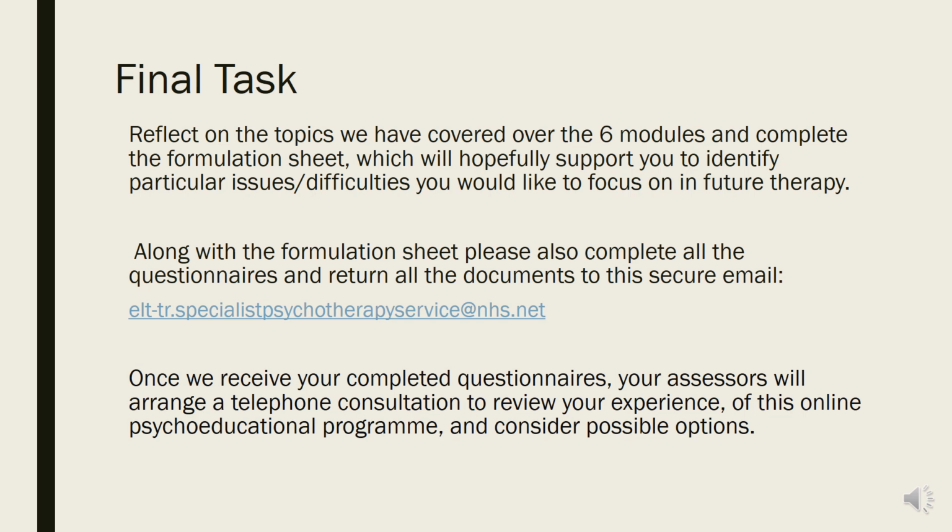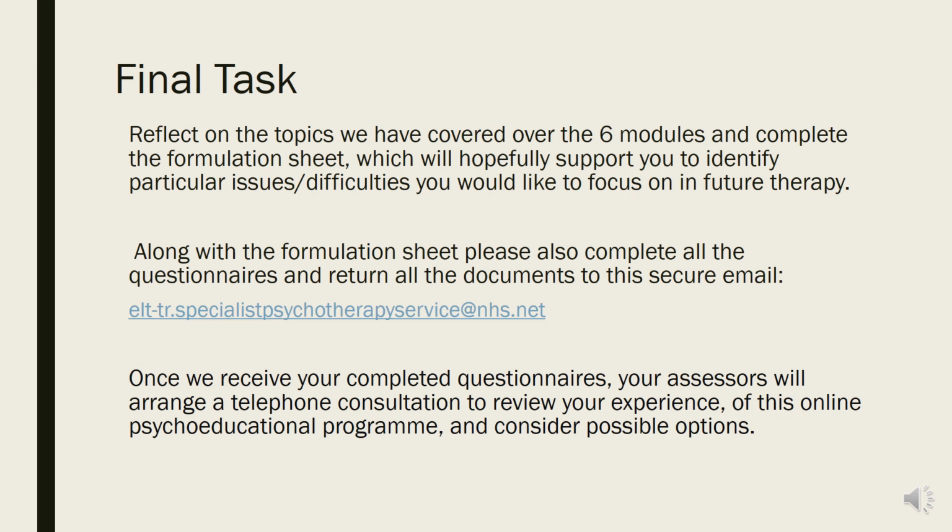Once you've completed all those outcome measures and various documents, the email address there that's on your screen, if you could just send your forms to that email address, and then what will happen is that will alert your assessor that you have now completed this online program, and they will have a look at those. If you send the formulation as well, they will get a sense then of how they might want to focus their consultation with you. But they will contact you and invite you to a review